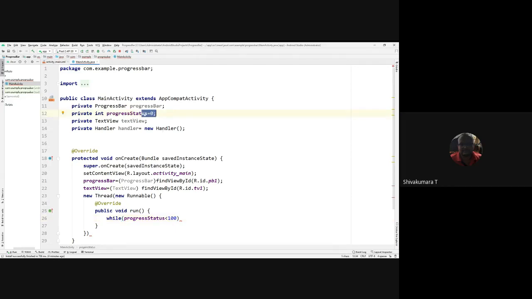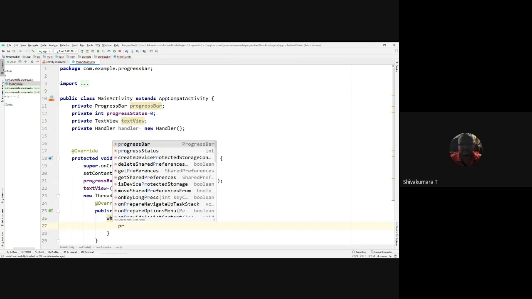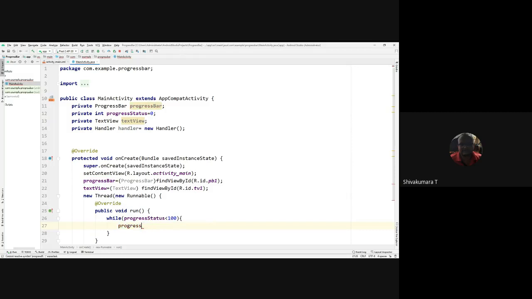You are doing the incremental step of the progress bar, so you check less than 100, then progress status plus equal to 1. In the incremental step of that progress bar you are going to set.